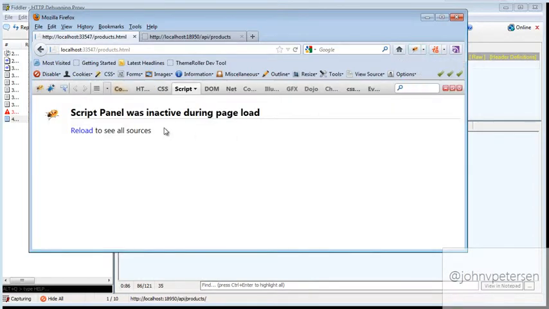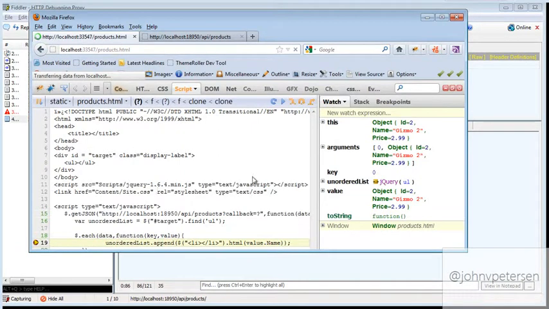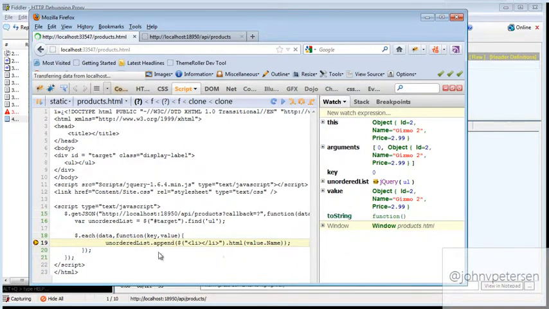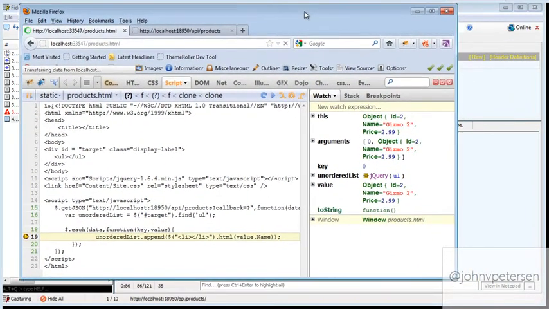What's behind the scenes here? Well, if I hit reload, let's take a look at the kind of code that we're stepping through here. Here's my data. Let's find our data here. Here's data.